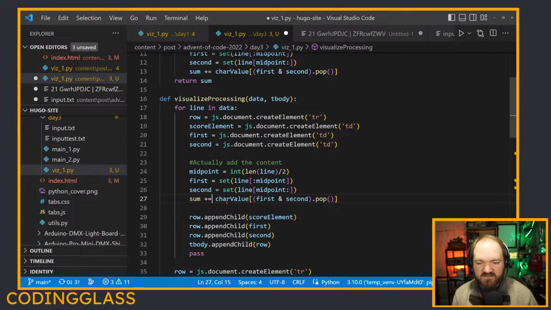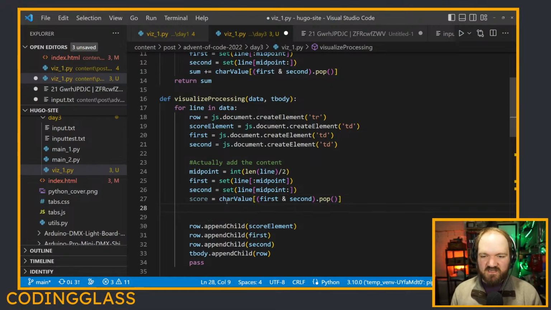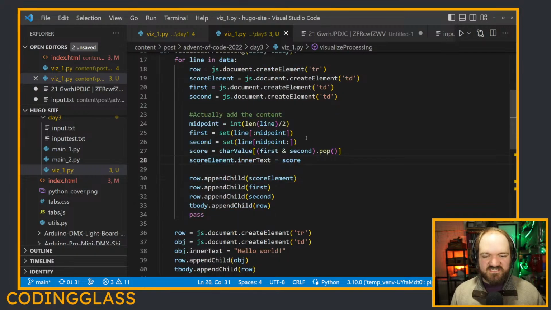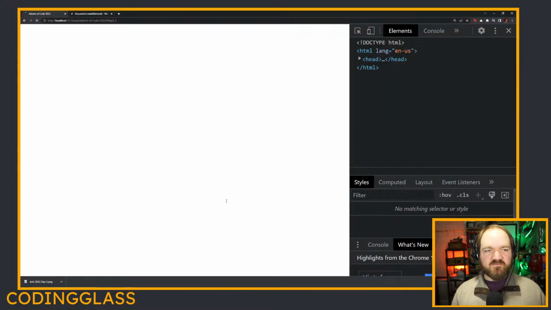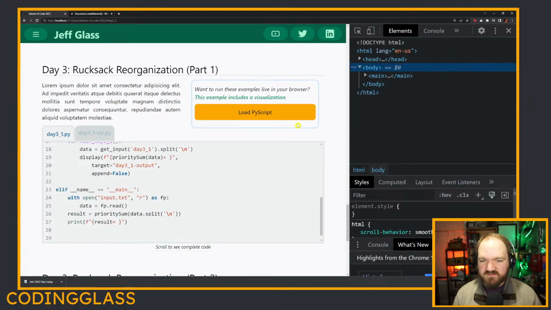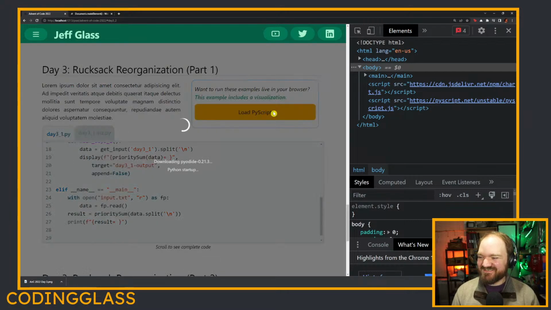And we'll say score equals char value. That'll find the score of the common character in each of those halves. And I will say score element.innerHTML equals score. How about innerText is probably more accurate because it's not HTML. So if we save that, and I can get rid of this pass statement here. If I save that and come back over to our demo window and let it rebuild the page. Gonna think about itself. There we go. We'll reload PyScript,